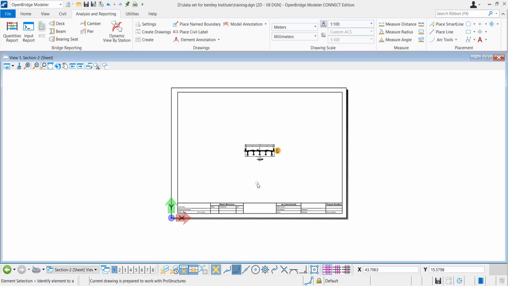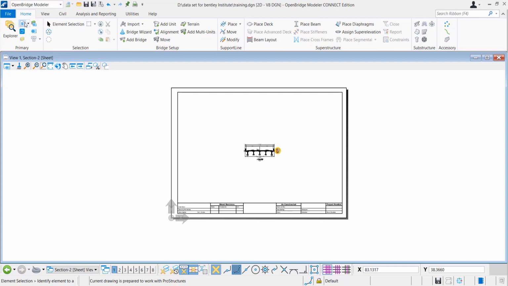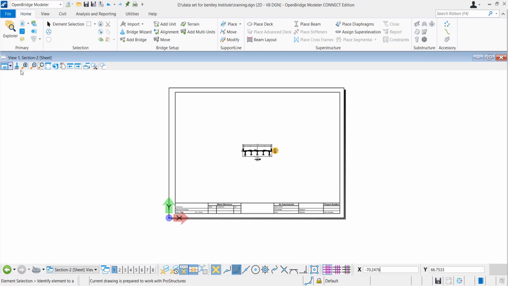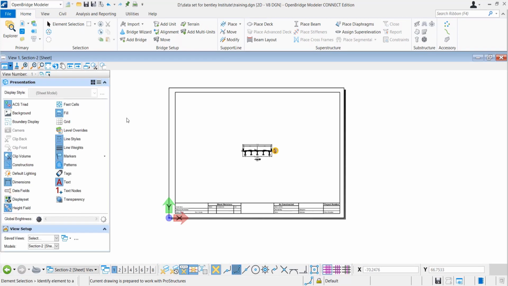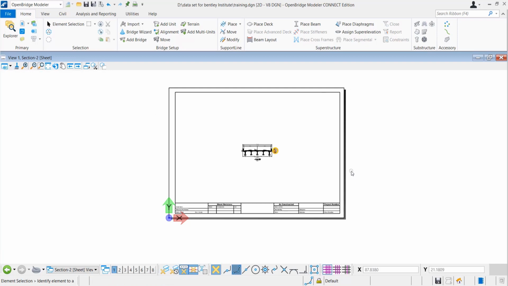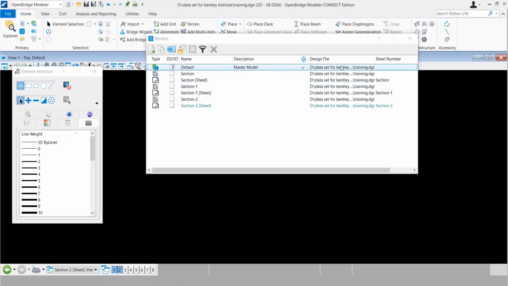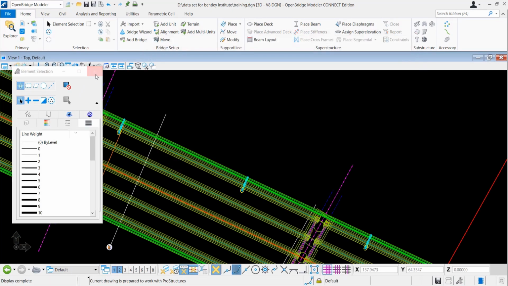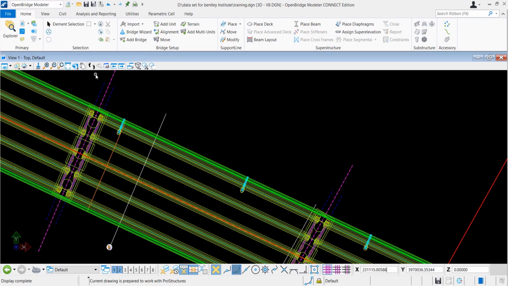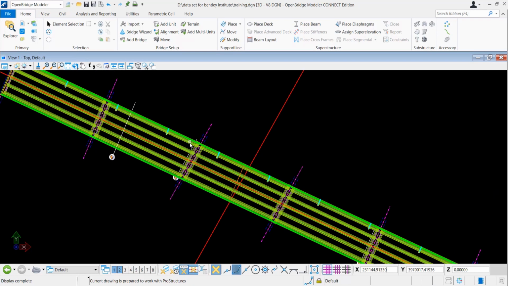It will come under the sheet file you have selected. This you can also edit in the DGN library. That's how you can use the same 3D model to create the drawing as well. You can place different cross sections in a single sheet as well, which you can do by attaching the reinforcement. Again, we are going back to our default model, right?